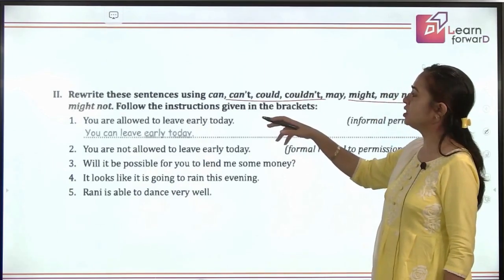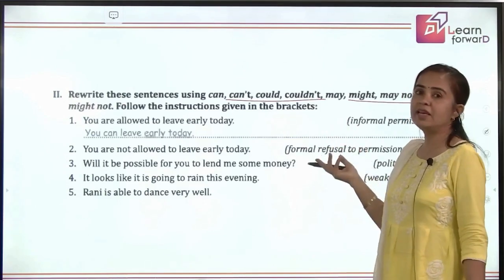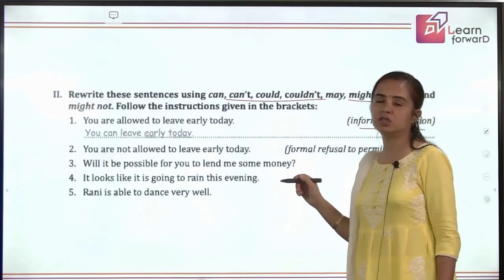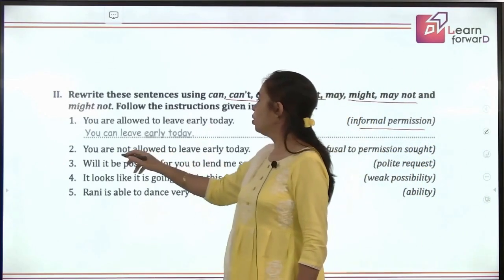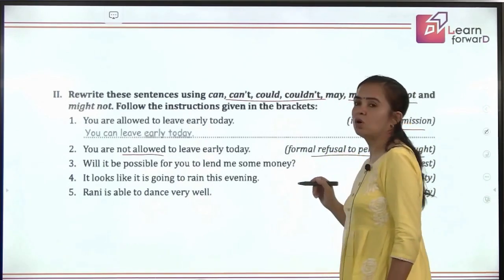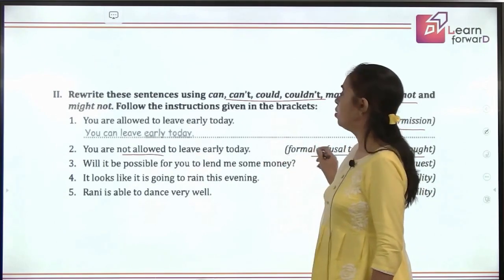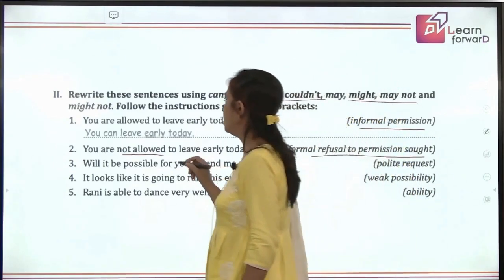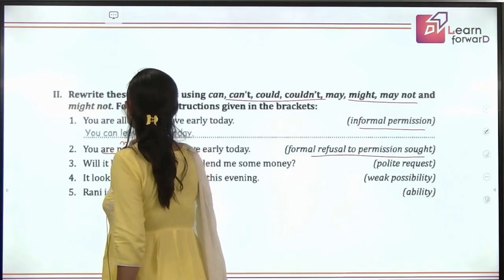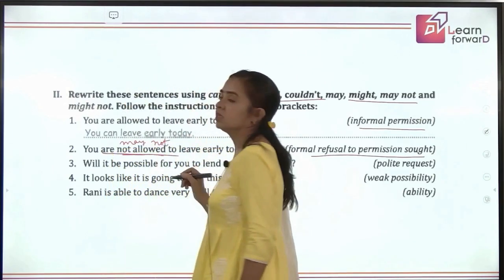So the first one says you are allowed to leave early today. That means you can leave. You are giving permission. So you have an informal permission. That means you can leave. You are not allowed to leave early today. Formal refusal to permission sought. You are not allowed. So what will you say? Because it is a formal permission, you will say you may not leave. So in place of all this, you will say you may not leave early today because it is a formal